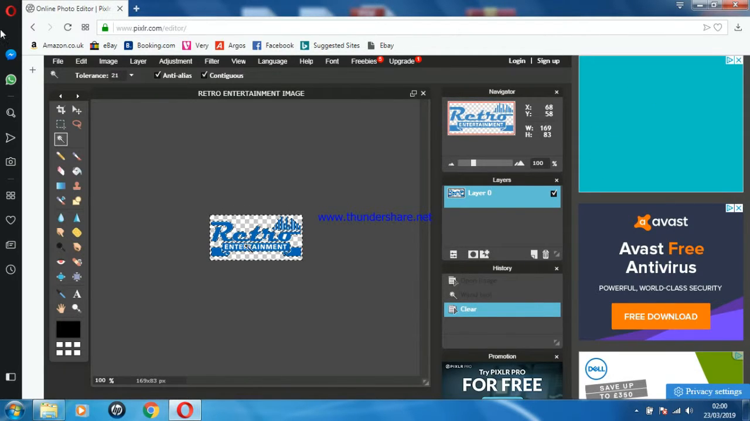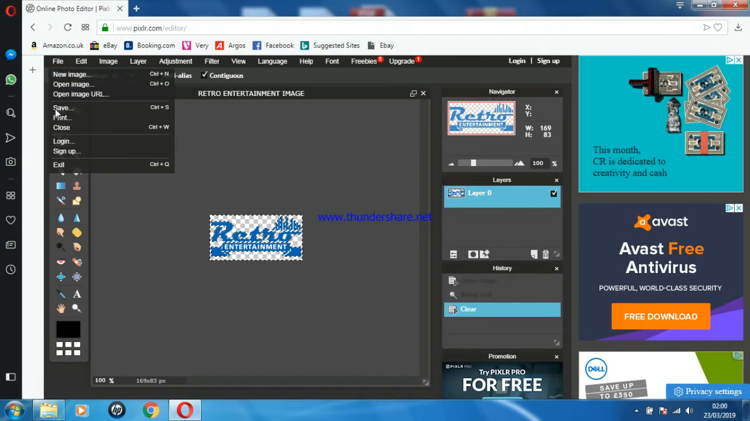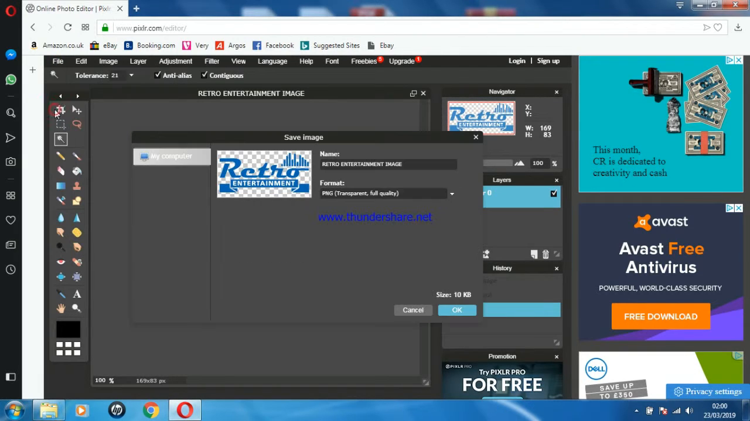So that's done. So now what we want to do is save this image, so we want to click on File, click on the Save button, and then here it's going to give us an option to name it. So I will name it, add a little bit, that P, and then it gives us an option for what format we want: